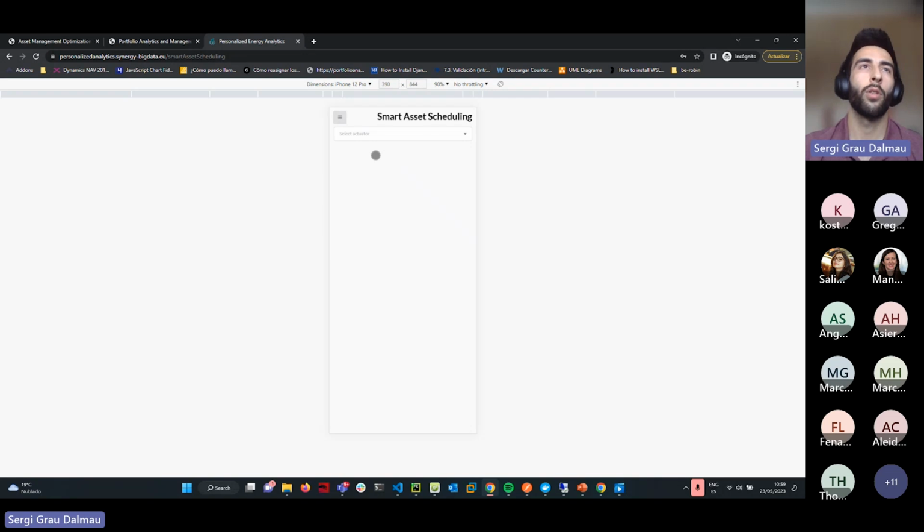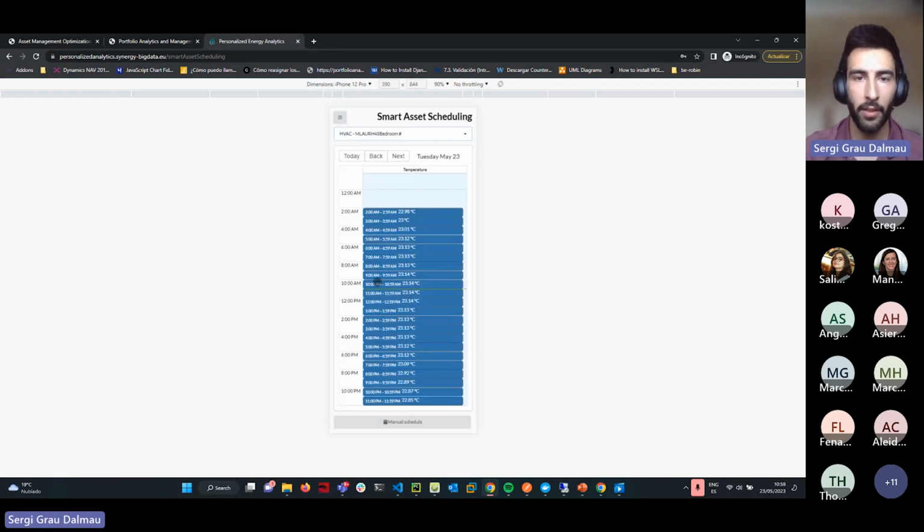Here, what we did is we created a comfort profiler to try to forecast the different behavior of all the actuators in the user building. In this case, we only have 2 actuators configured, the HVAC for the bedroom and also for the dining room. So every day we are trying to forecast the next 24 hours of behavior of this actuator. In this case, for example, if we click the HVAC, we are telling the user which will be the